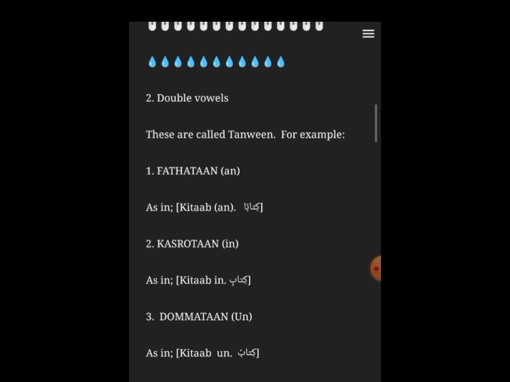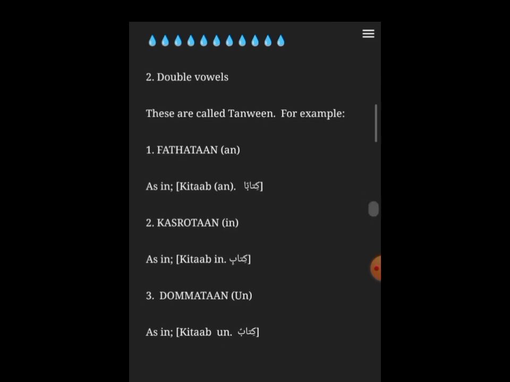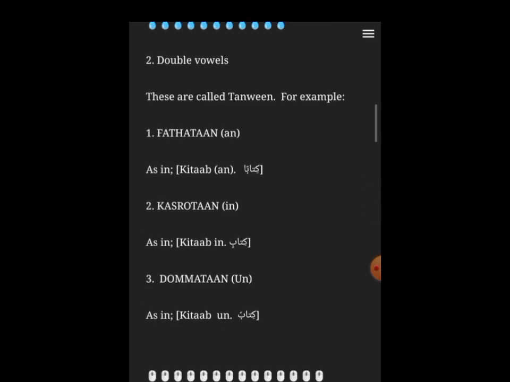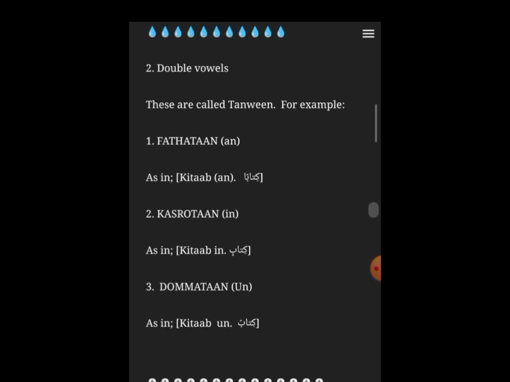So fathatan. The second one, kasra. The kasra becomes kasratan. And you add sound, becomes in. Kasra sounds e. But the moment you make it double, becomes in. Is that taken? Now let's look at the dhamma. Dhamma sounds o. The moment you put two dhamma, it becomes dhammatan and it becomes un. Okay, so fathatan becomes kitaban,